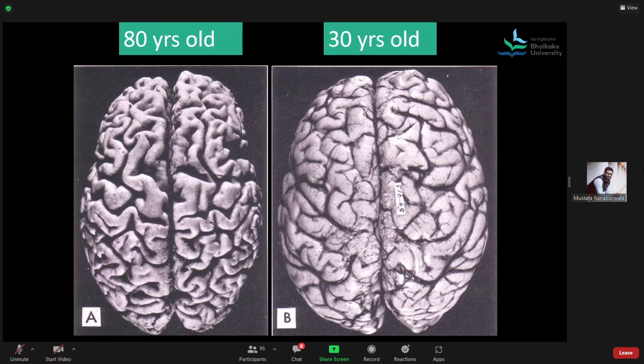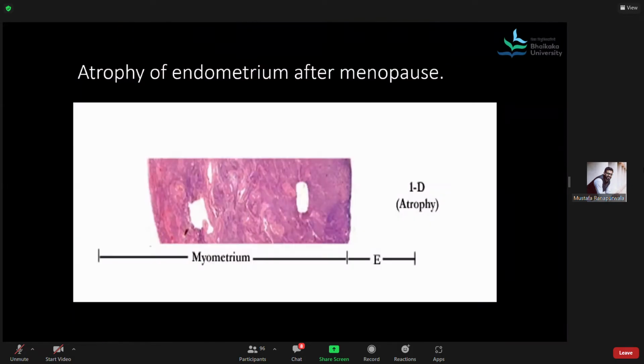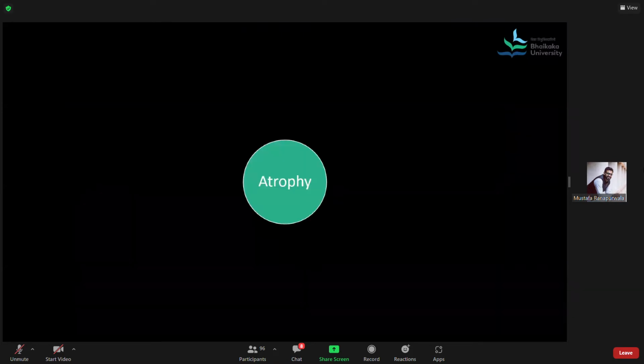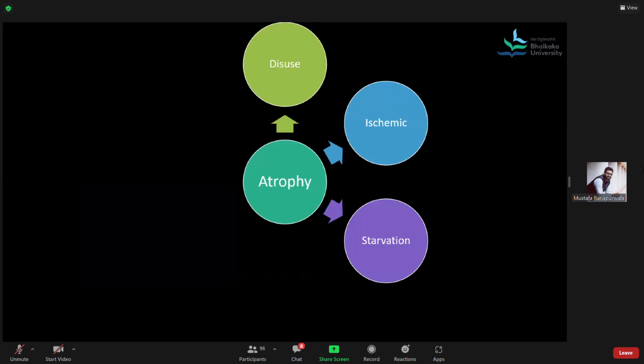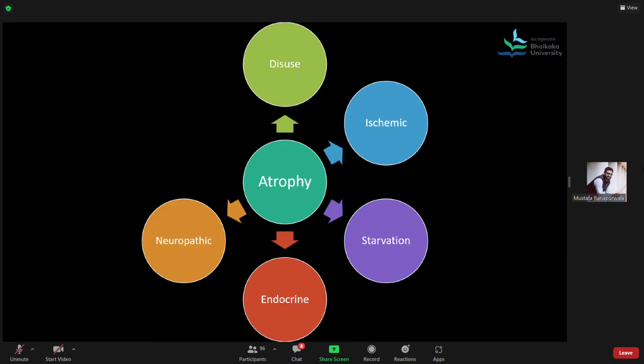So this in the brain classically shows you the senile atrophy. This same mechanism in the heart classically gives you the brown atrophy of heart, right? Clear? Okay. So these again are the two predominant mechanisms that I have mentioned that lead to a lot of physiological atrophy. Pathological atrophies again can occur because of multiple reasons, right? These pathological atrophies again can be disuse atrophy, ischemic atrophy, similar to senile atrophy, starvation atrophy, endocrine atrophy, neuropathic atrophies,